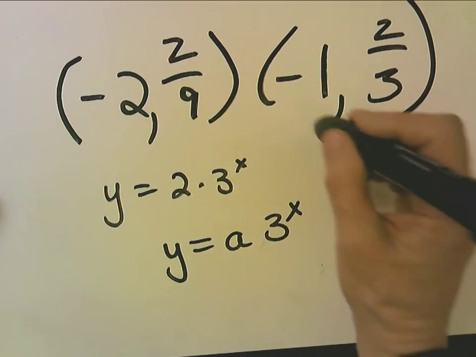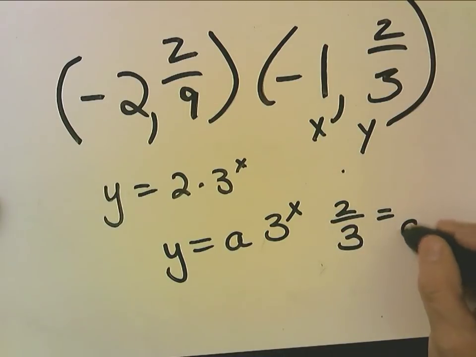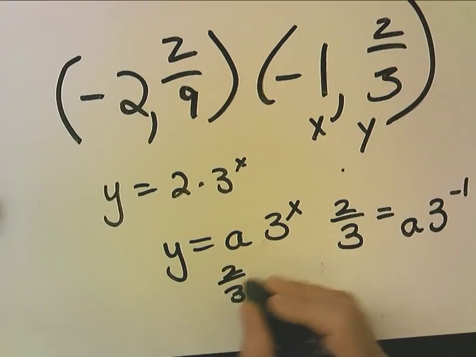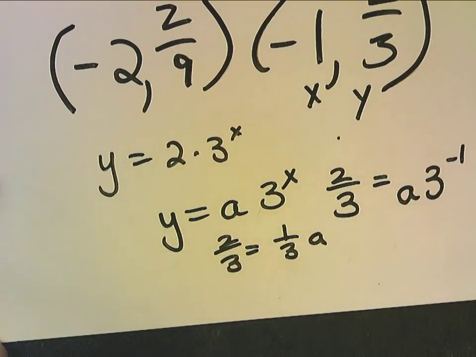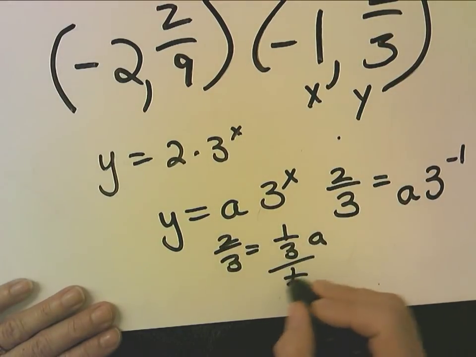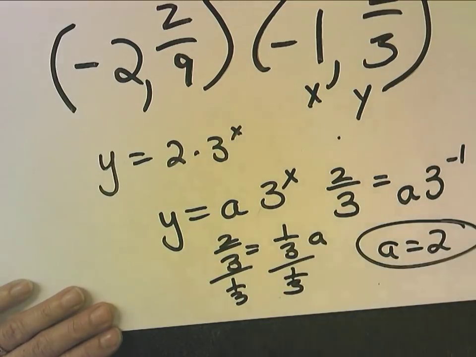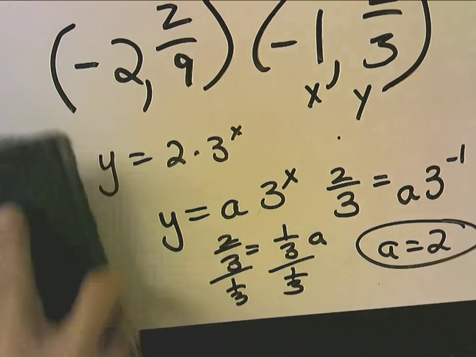So I'm going to use these 2 points, and I can say 2/3 equals A times 3 to the -1. So 2/3 equals 1/3 A. And if I divide this by 1/3 and this by 1/3, A equals 2. So once you know A or B, you can always plug a point back in to find the missing one. Okay, now, the other thing I want you to pay attention to is